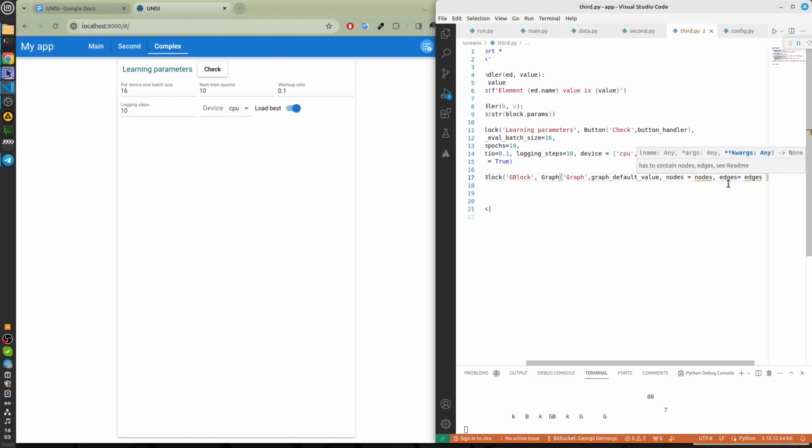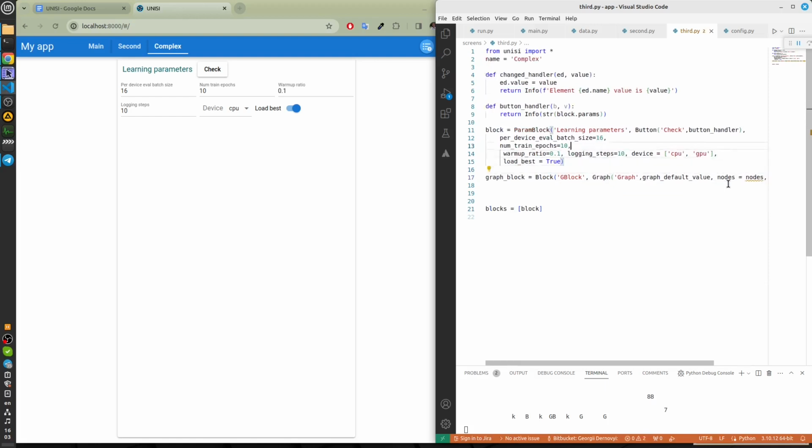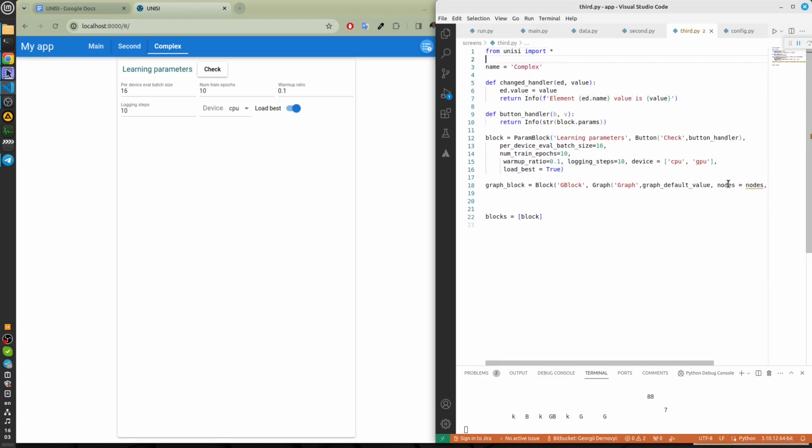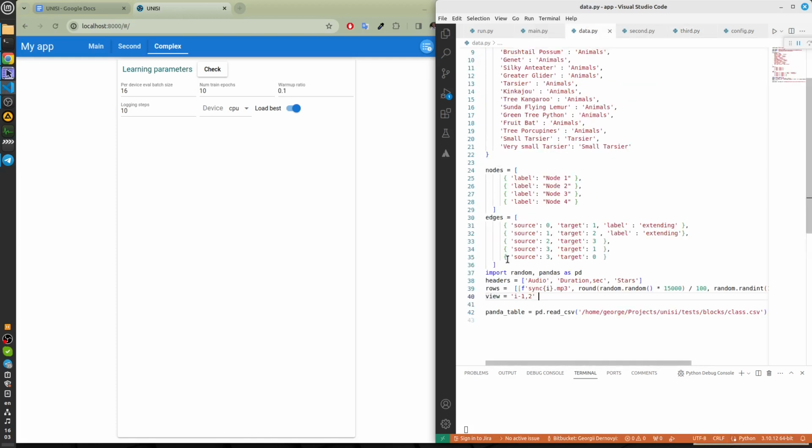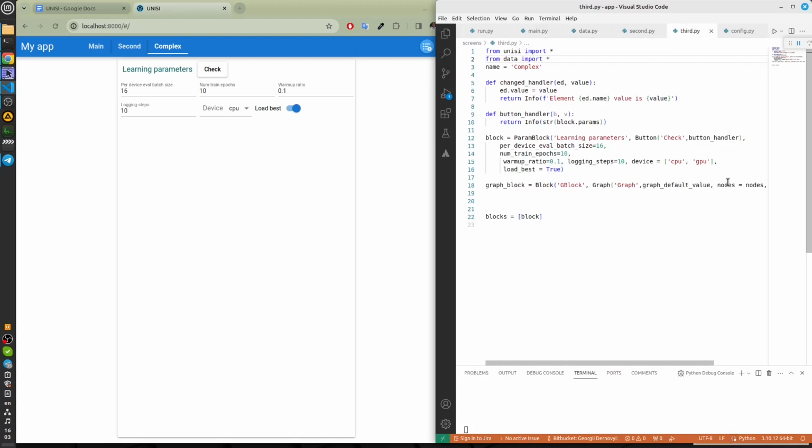To make it work, we have to import all from data. Check in data. Nodes and edges. Variables are already in use.